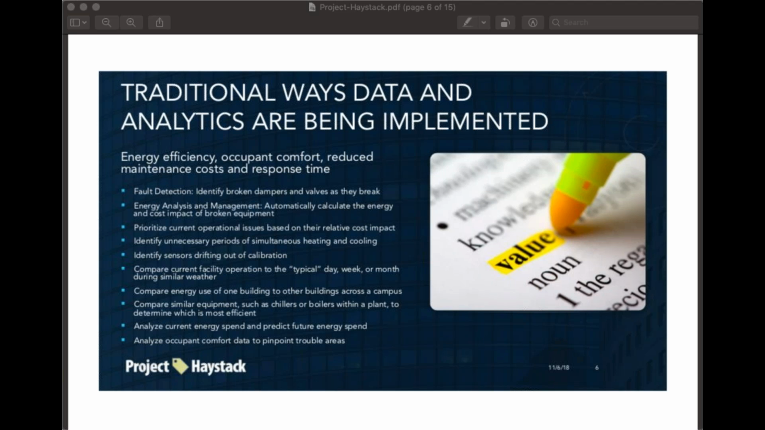But other things this level of analytics accomplishes are, of course, identifying outright faults like simultaneous heating and cooling, sensors with problems, changes in behavior of your building, benchmarking against weather and past performance, and comparing your portfolio. Comparing and benchmarking